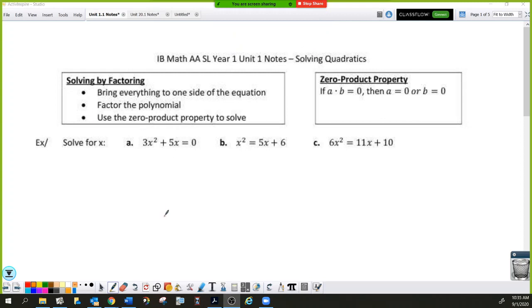And let's go. So we begin our IB journey with something that should be relatively easy and old, and that is solving quadratics. We're going to start solving quadratics using factoring and the zero product property. So when we solve by factoring, again, I'm not trying to patronize anybody, just going to go over the old basics. You need to bring everything to one side of the equation, then you can factor, and then you use